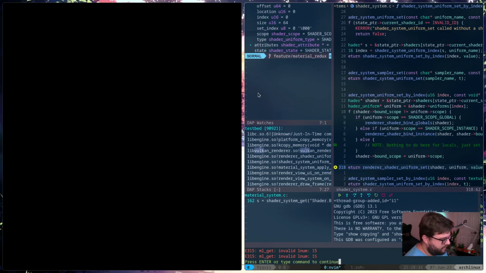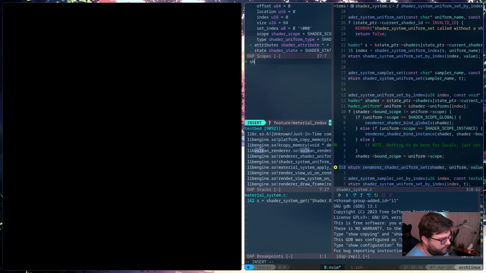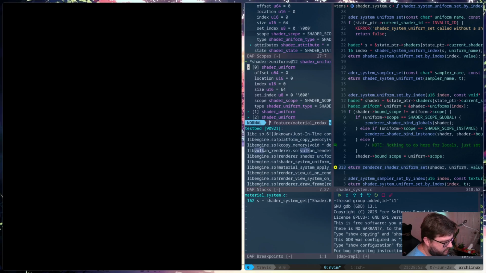So we're going to say shader uniforms. We're going to do at 12 and see what the data looks like for each one of these things.